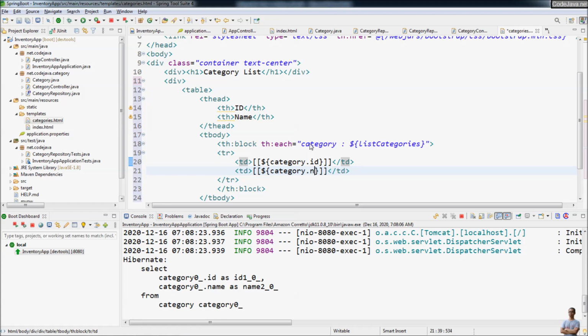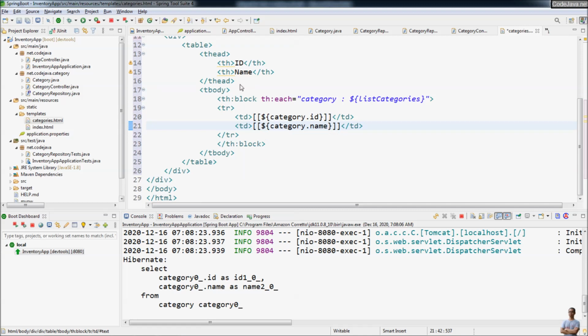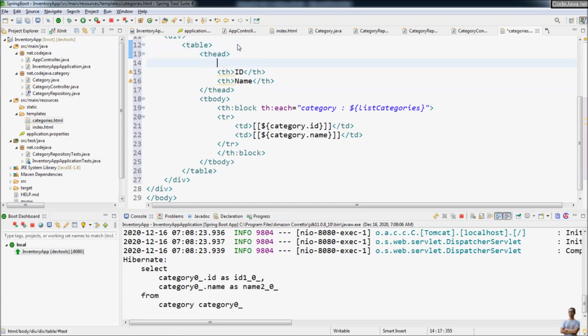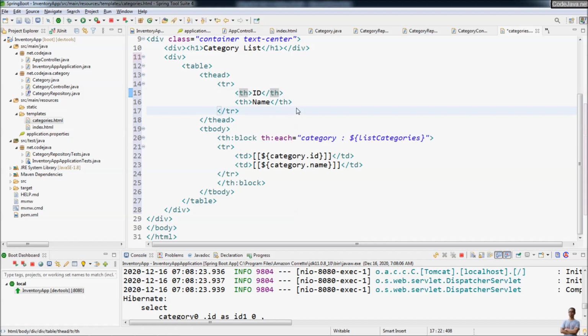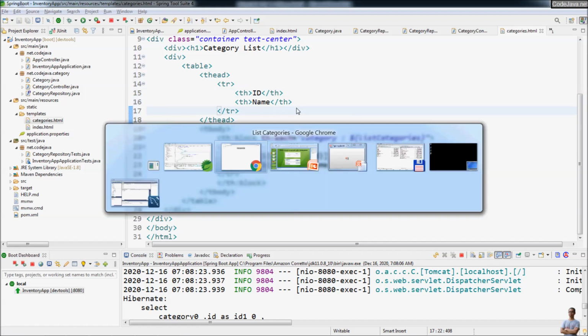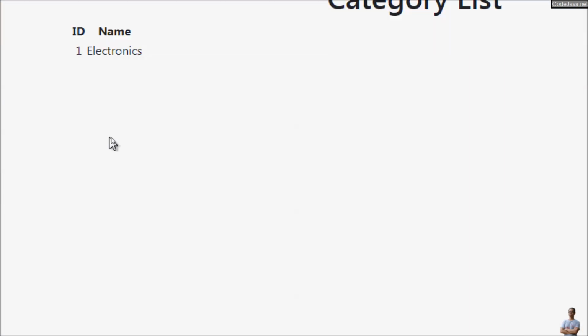Here we use a name from the field names in the entity class, ID and name. We need to specify a table row here. Okay, that's basically the category list page, and now we can refresh, and you can see the one category,